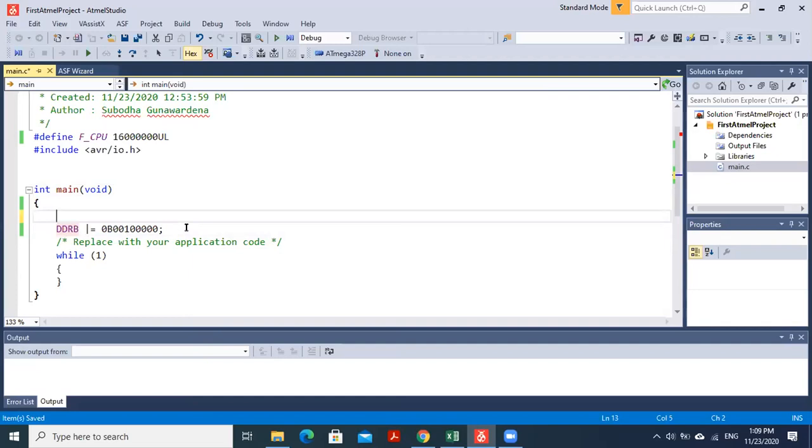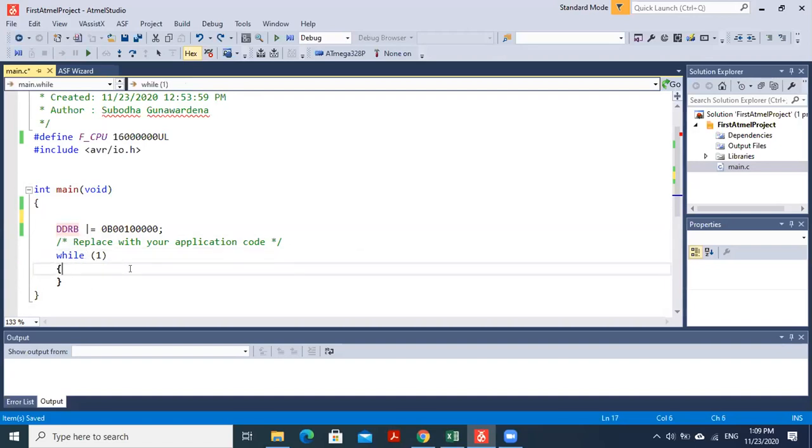So what is next? What is the next step? When it comes to the while loop, it will keep on running in the while loop.